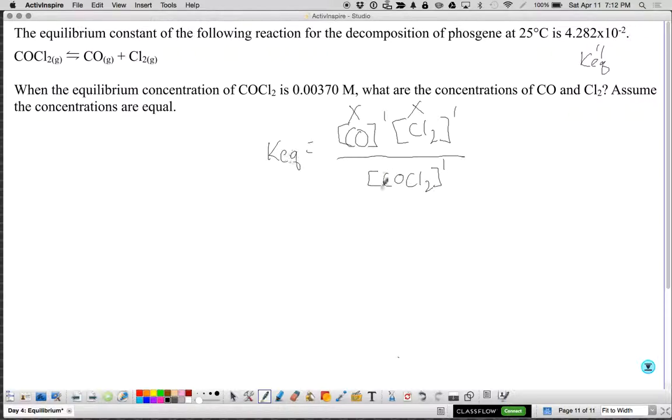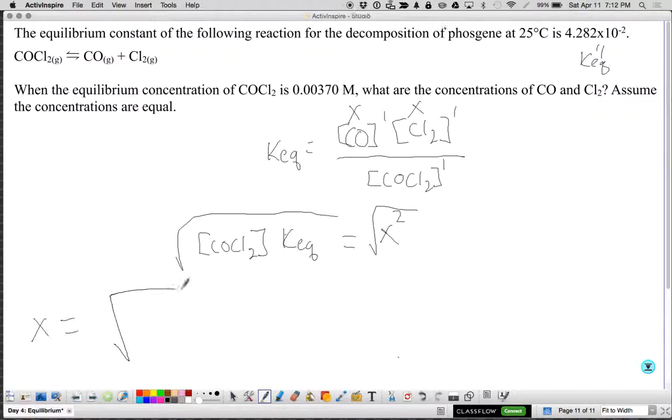I just need to multiply both sides by COCl2 to isolate the x's. So what I get here is x squared equals the concentration of COCl2 times Keq. Notice that this is squared, which is not what I want, so I need to square root both sides. So x equals the square root of the concentration of COCl2,